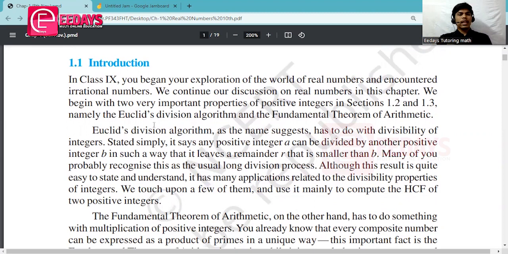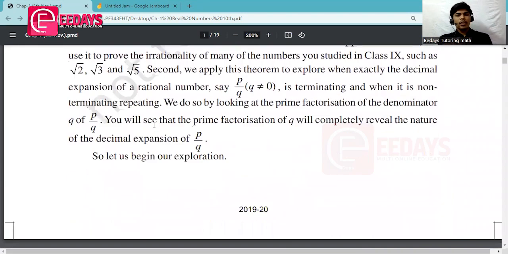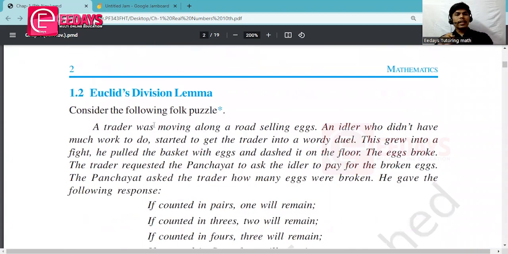In class 10, you have the fundamental theorem of arithmetic, and also terminating and non-terminating decimals. How can we write terminating and non-terminating? All these things are there. Let's understand real numbers in depth analysis. Don't worry, I'm here to explain all the concepts. Do one thing, keep a notebook and try to take notes of all the concepts. In real numbers,